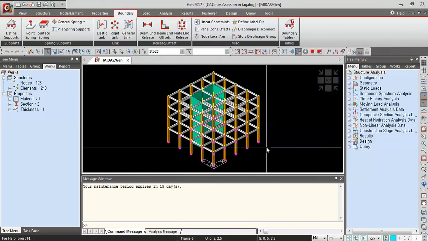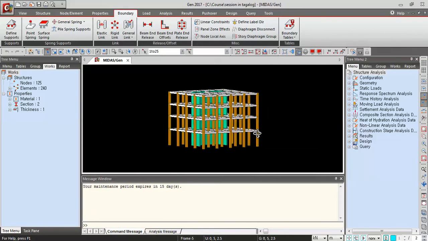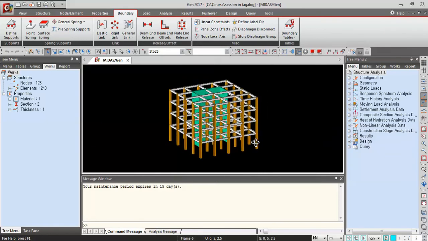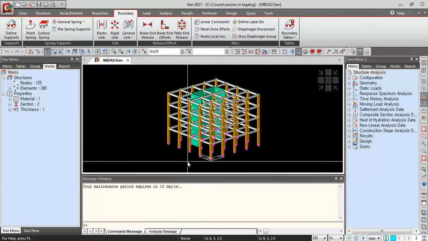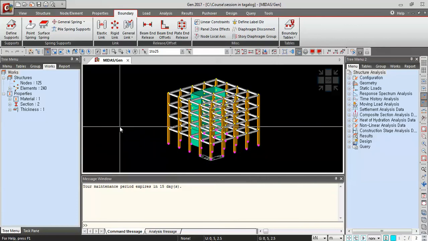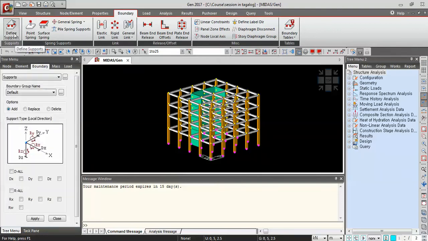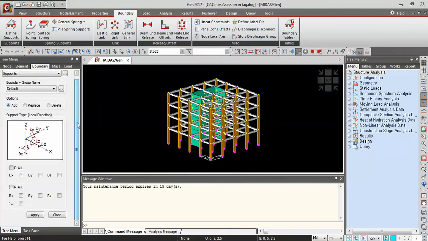Makikita po natin na na-select na po yung ating mga base nodes. Nakalight na po siyang pink. So now we will define our supports. Just click on define supports. And ito po,